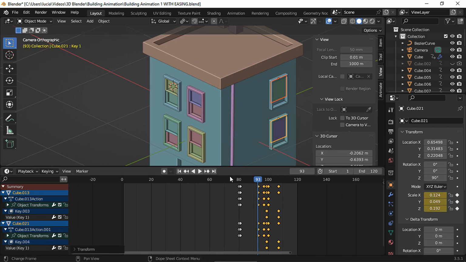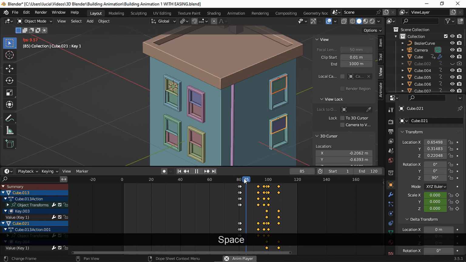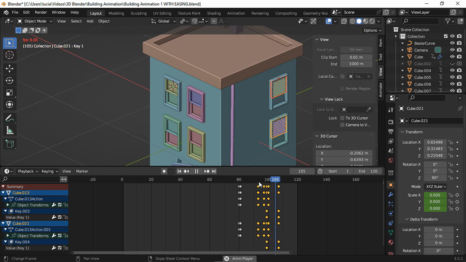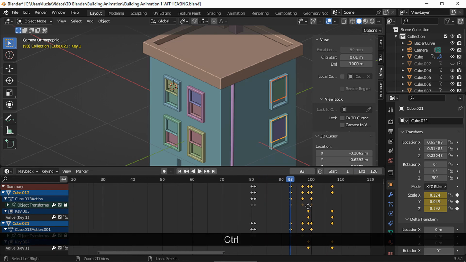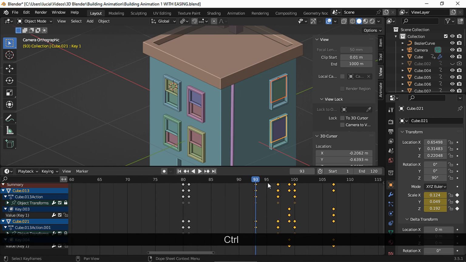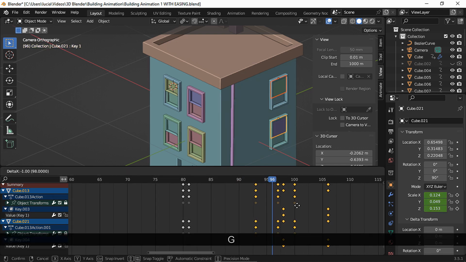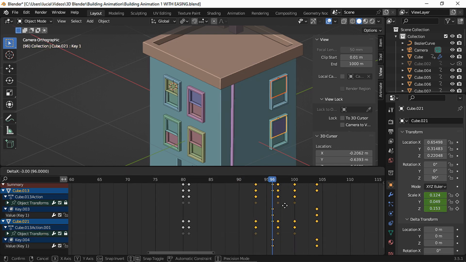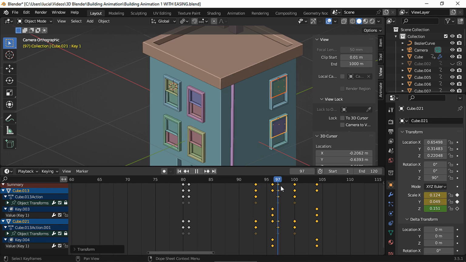Let's see. Now lock the object transform channels on both blinds. Let's zoom in a bit and move the keyframes of the shape keys so the blinds start opening a bit sooner. And unlock.